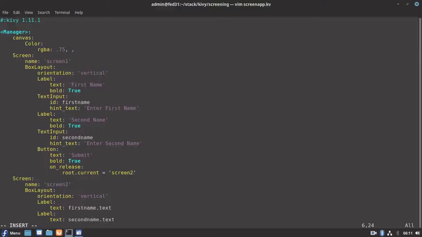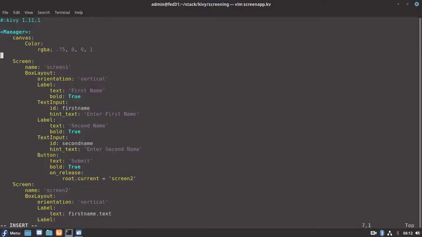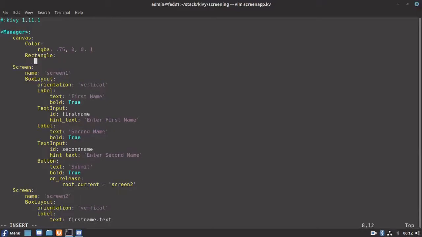You can give any proportion of RGB colors, that is up to you. I'm giving it some kind of light red color, and let's give the shape for the canvas, that is rectangle.